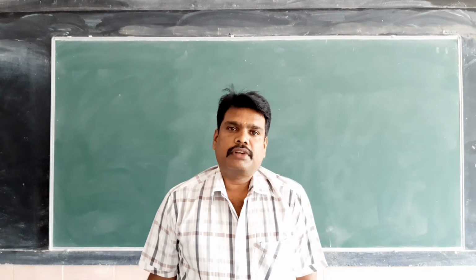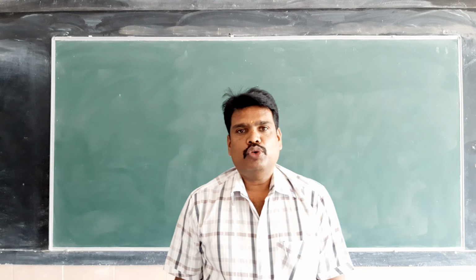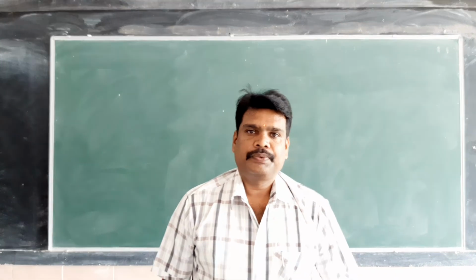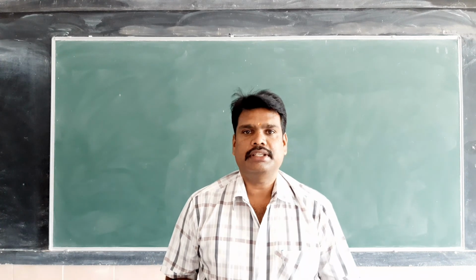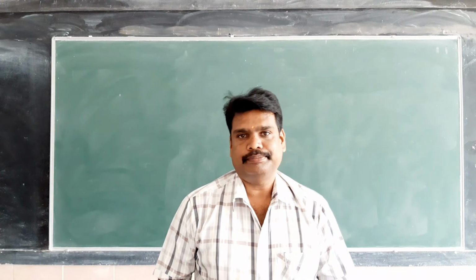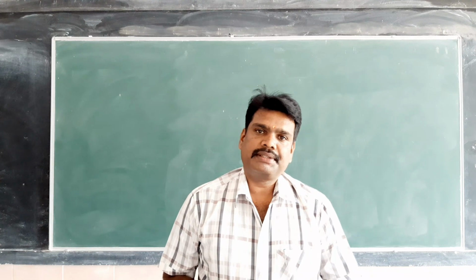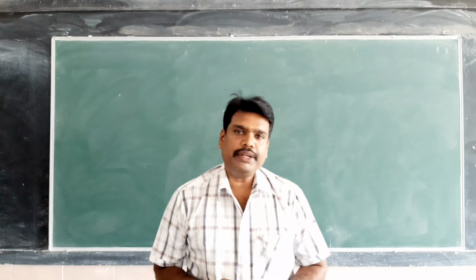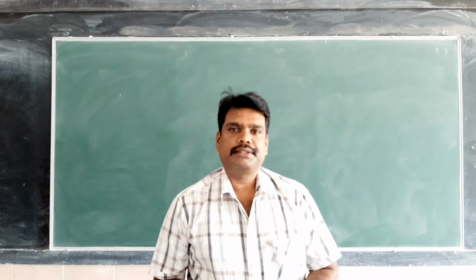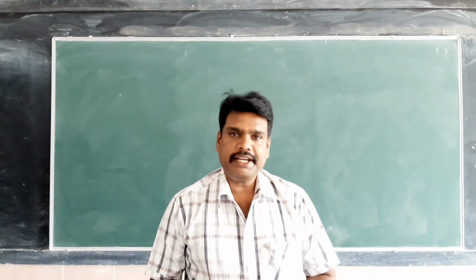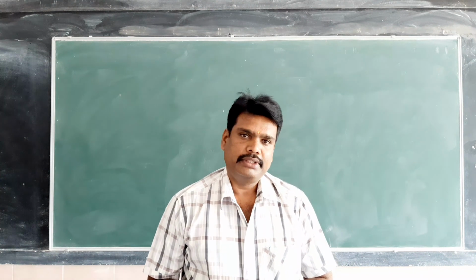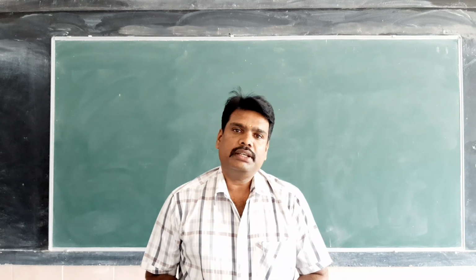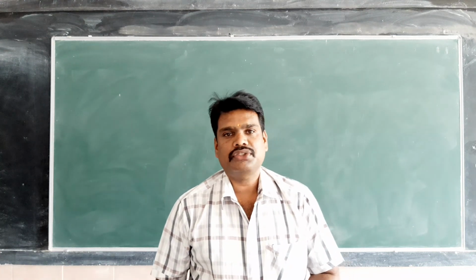In this session of class, I am going to derive two more derivations related to the chapter called atom. In the previous video, I have already derived two derivations. One is related to the radius of the atom, and the second one is the velocity of the electron revolving in the stationary orbit.